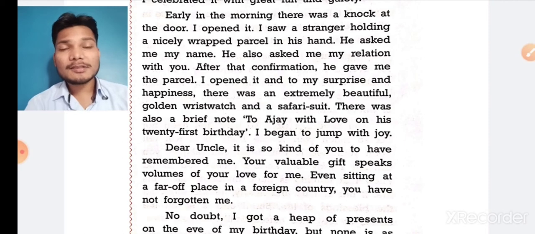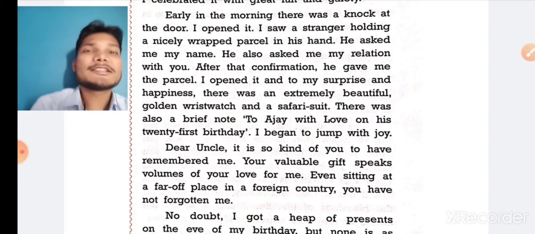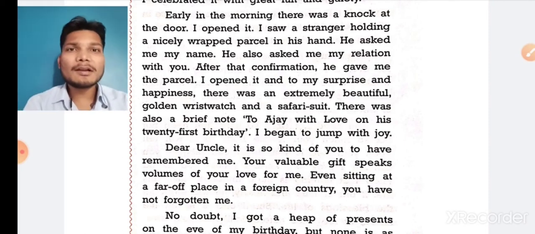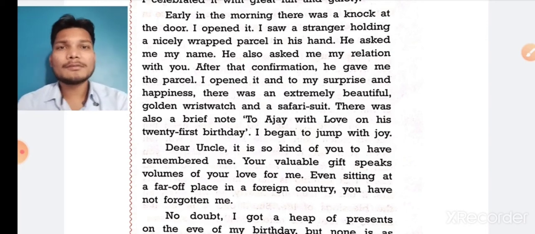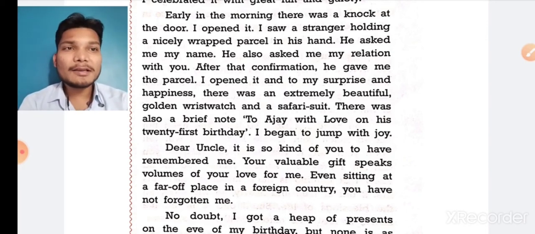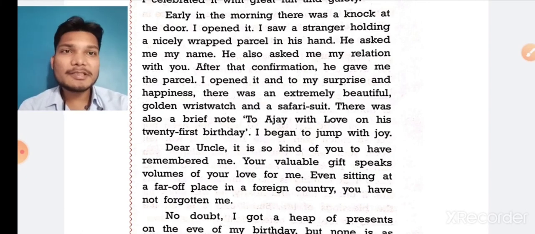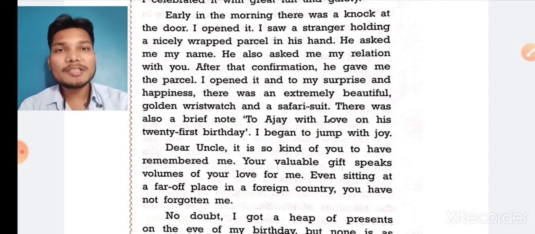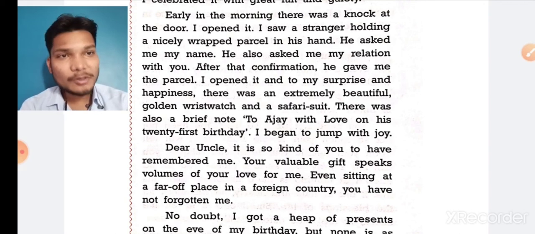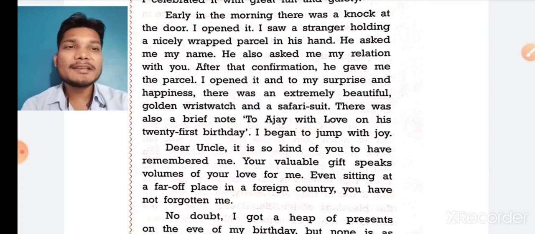So here, see how the person is describing the birthday gift. Okay, the uncle was not there because of his busy schedule, and that's why the uncle has sent the gift via a person. And it was a kind of surprise, and this person is describing that whole incident, or the way the gift reached him. So you also can write something like this. This is an innovative idea while writing an email or letter. Okay, fine. Now let us move ahead.